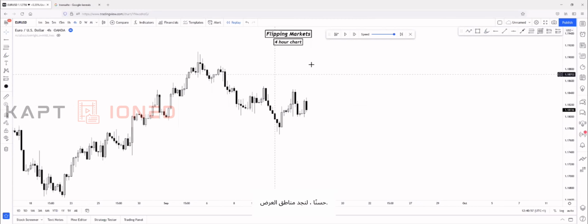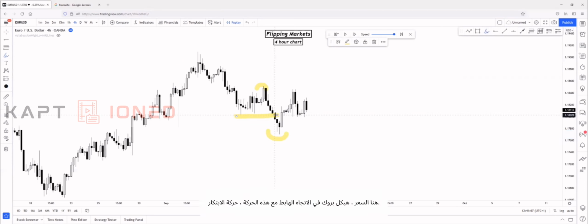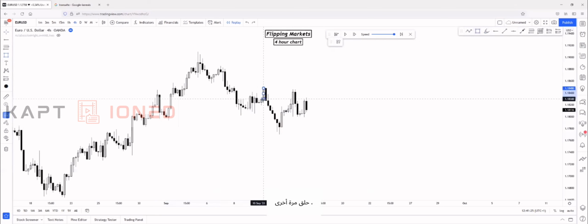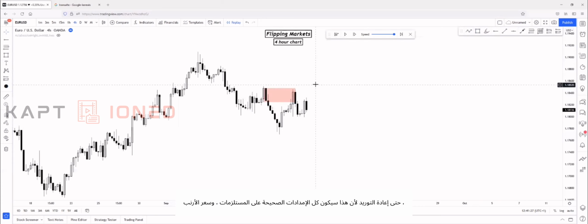Okay, let's find the supply zones. First, map out our structure. As you can see, we had the last high point right here and the last low point right here. Price broke structure to the downside with this inefficient movement. So first criteria is fit because it broke structure to the downside here. Second is fit because it created inefficient movement. And the third criteria is fit because it swept liquidity. We have liquidity here, so price just swept that liquidity. And as you can see, price levitated back up to this supply, because this will be our right supply zone. So price levitated back up to this supply and reacted on it. So I will just mark